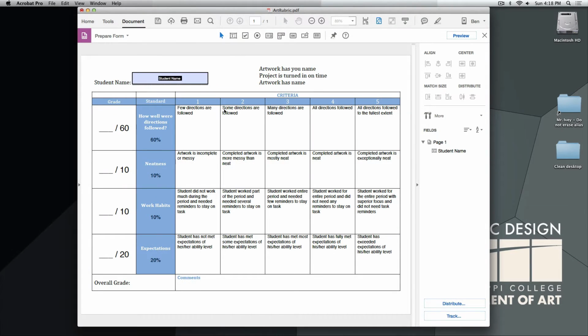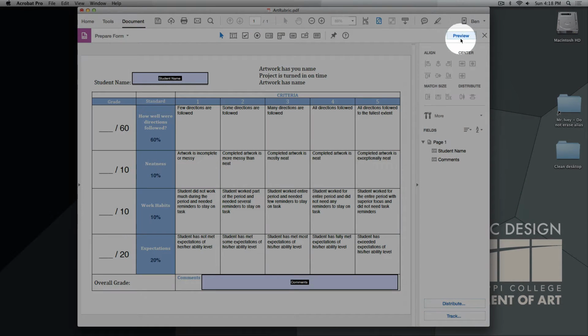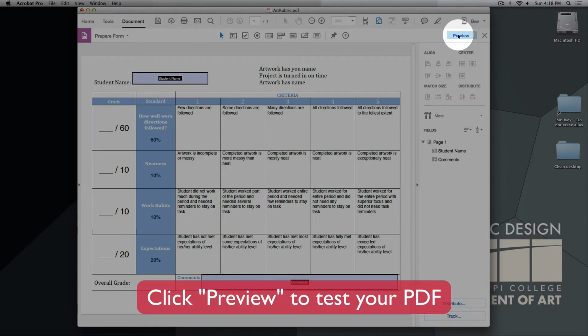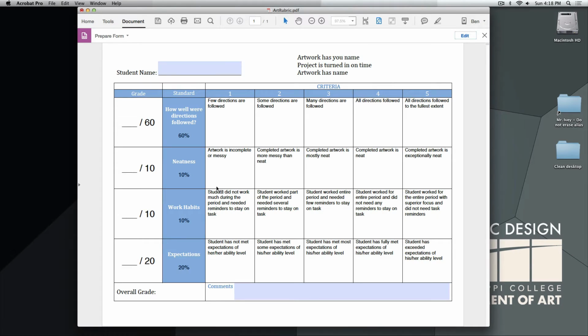Let's do the same thing for comments at the bottom. Again, grab your text field tool, click and drag along the area you want to add type to, and then give it a name, and hit return. To preview how this will look, check out the preview button at the top right-hand corner of your screen. When I click on it, both of my fields are lit up. I can click inside of them